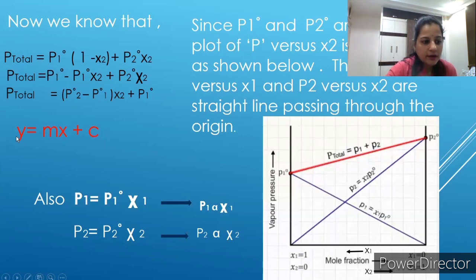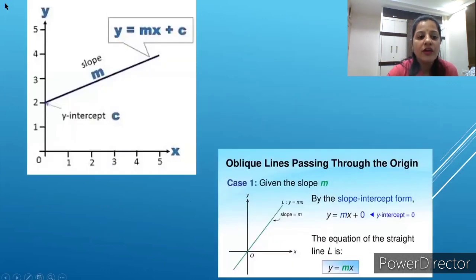And if I plot a graph, let me show you. This we have studied in your lower classes. y is equal to mx plus c is an equation for a straight line. This type of line you get, where y is on the y-axis and the variable is on the x-axis. m gives us the slope of the line, and c is the constant. y is equal to mx plus c gives us a straight line where c is the intercept.